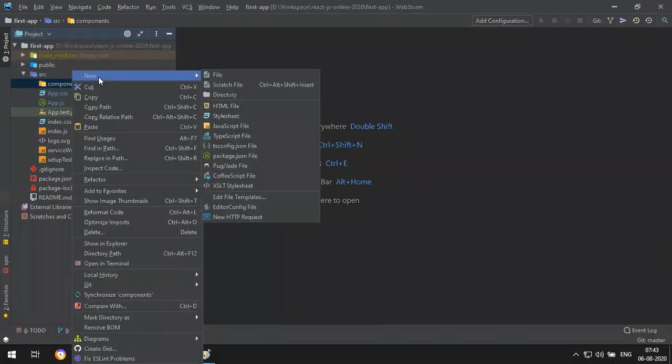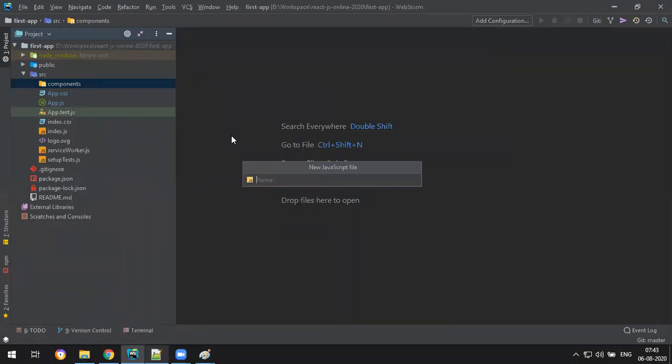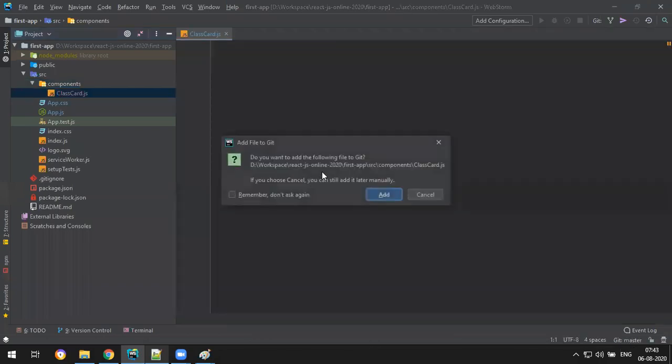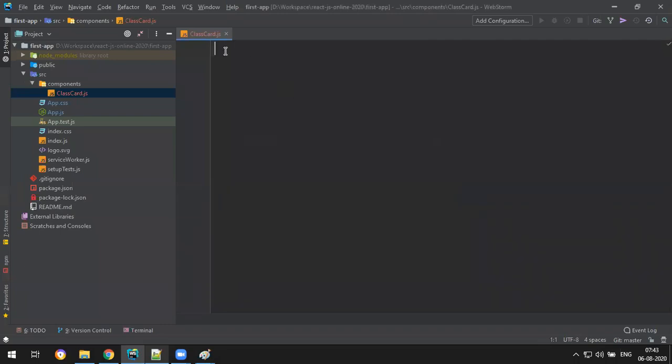Right click, new JavaScript, and I create class card.js. Always remember, your JavaScript file must start with a capital letter. Even the CSS starts with a capital letter, and that indicates the component.